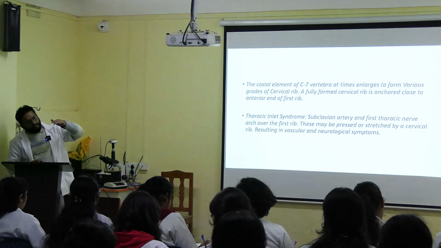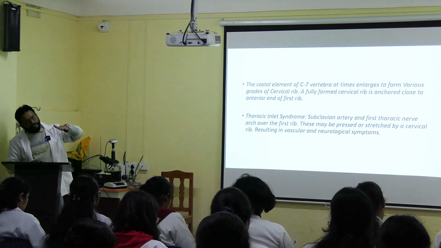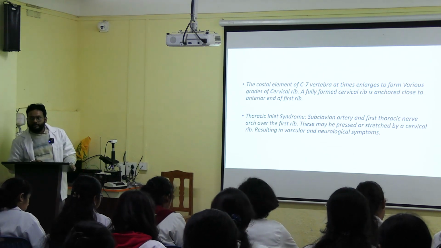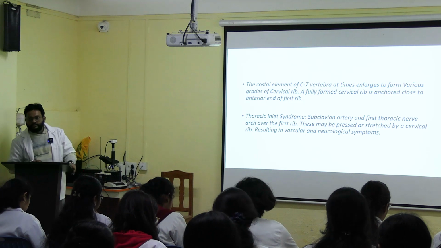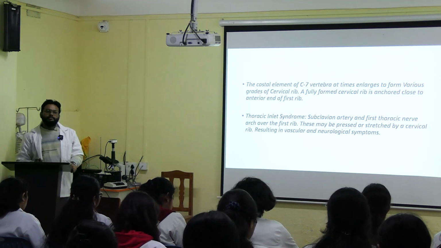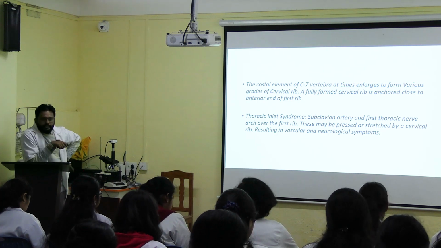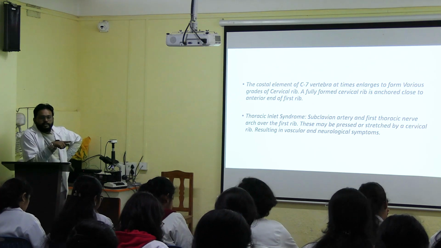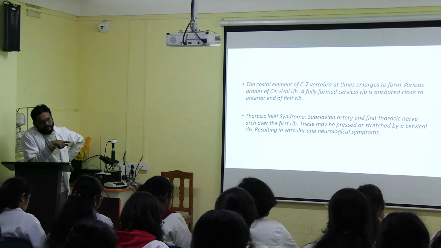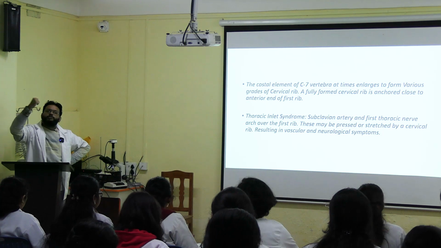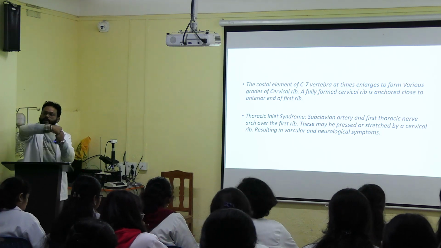Nerves, muscles, arteries. Whatever vessels or nerves are present there, it will irritate those things, resulting in symptoms. There is the thoracic nerve and the lower trunk of the brachial plexus as well. If something puts pressure on those nerves,